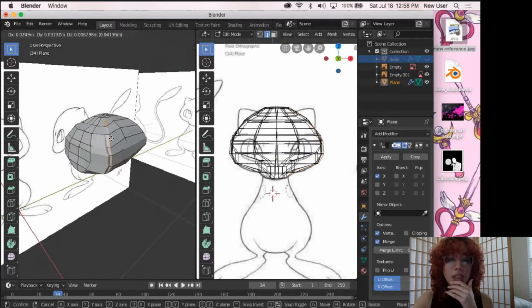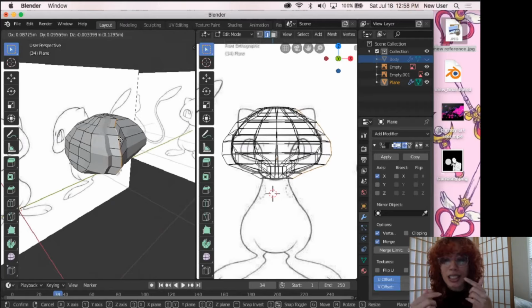And now I did something funky with the way that I laid this out. So as you can see, it's kind of pushed in and out, and this is something that I will have to fix later. If you're getting some of that funkiness where your mesh is kind of overlapping,